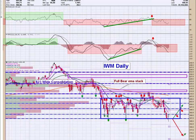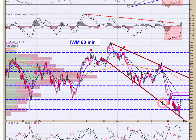Moving on to IWM, we had taken a look below this big range we have, bounded by 187.50. We recovered that with a hammer. Again, we're not even up to the 8 EMA yet, so I've got my eyes focused on the bottom of this range for a confirmed breakdown that would open up the door to 170. You can see that here on the 60-minute chart where we've got a couple of prior lows right here and right here at 190.150,